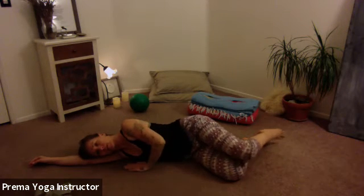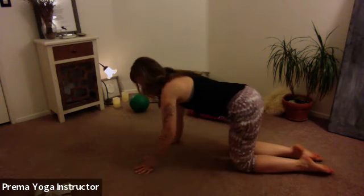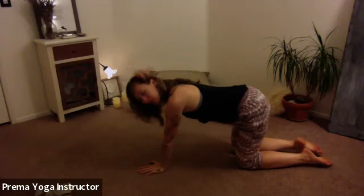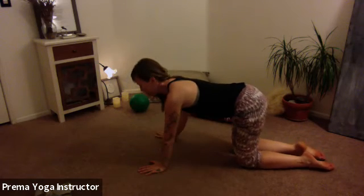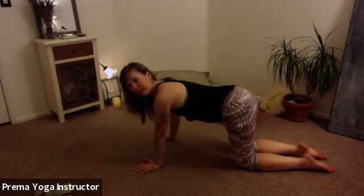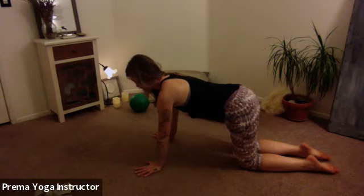And then go ahead and press yourself up. Okay, and you're going to come onto your hands and your knees. So the blanket can be helpful here underneath the knees. If you happen to be on a hard floor. If you're on a carpet, then maybe you don't need the blanket. Okay, but bringing hands under shoulders and knees underneath your hips,